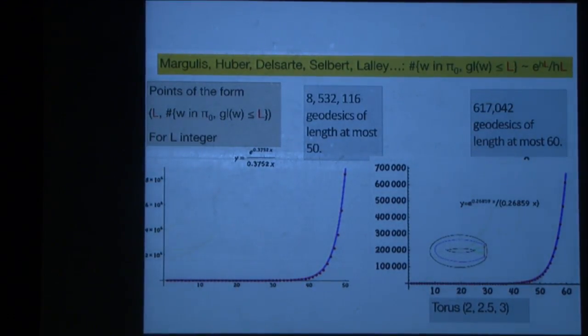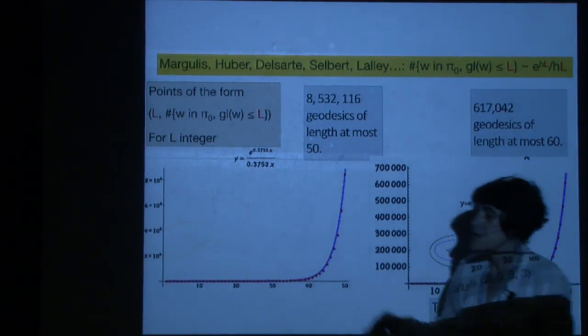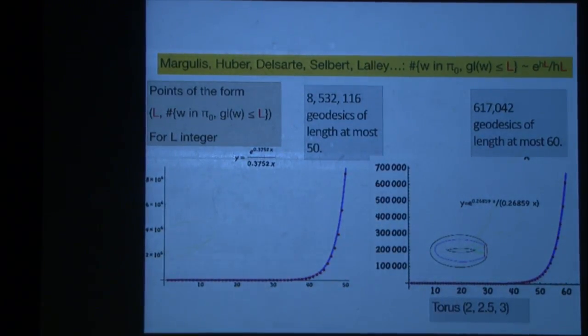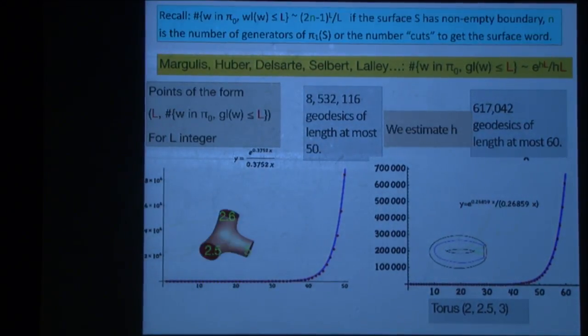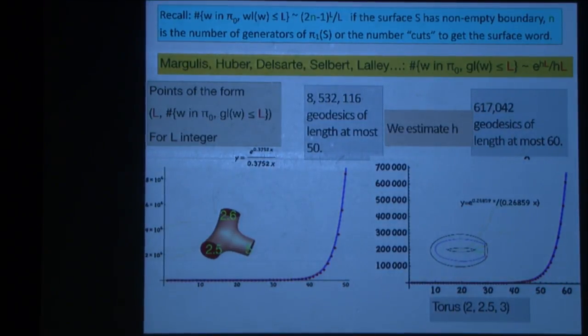The blue is an exponential function that I approximated to understand; I estimated h using the red dots, just to visualize it. So this is the growth of all geodesics in a particular torus. This is like an illustration of this result. And this is the same with a particular pair of pants. Okay, now let's